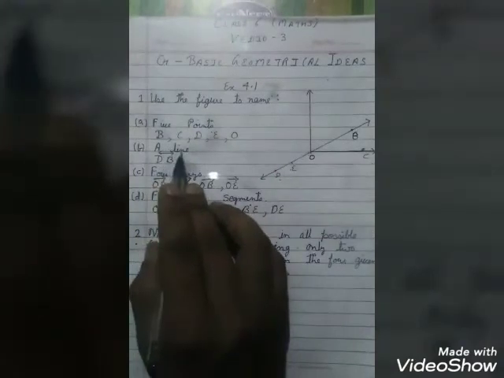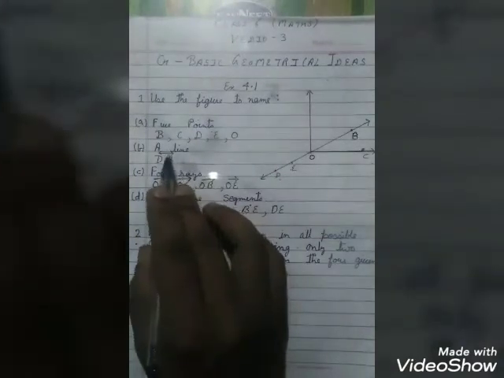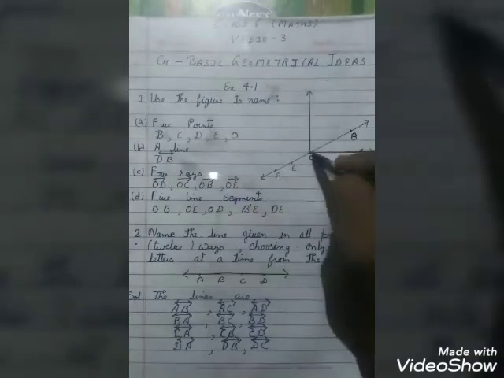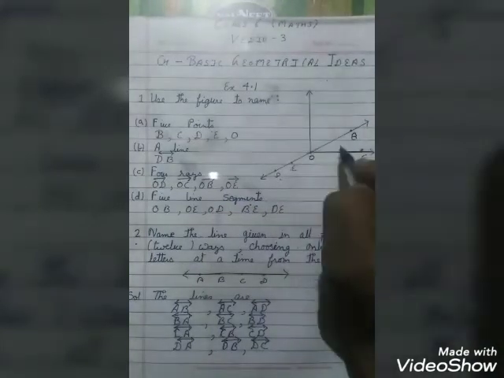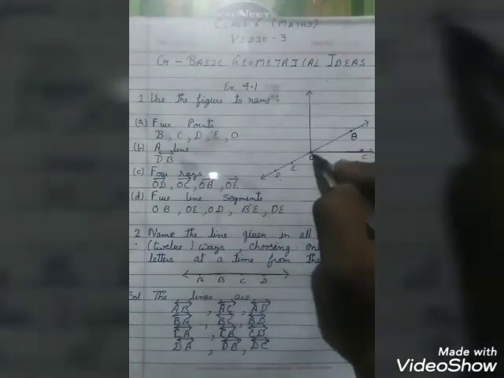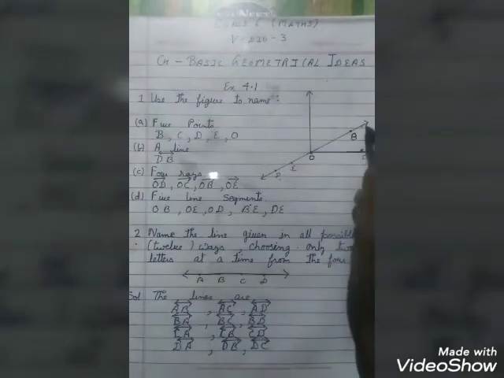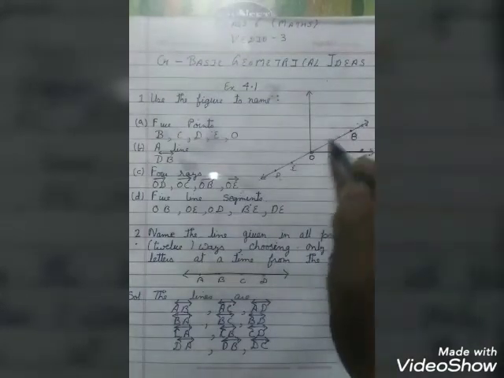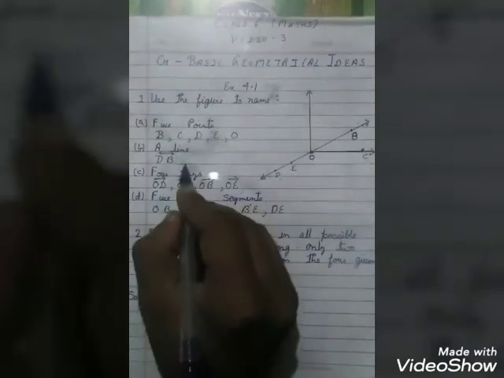A line. You remember the definition of a line? A line can be extended towards both sides. So see, if we consider this one, here it is extending, but at point O it is fixed. Similarly, if we consider OB, it is fixed at O, so it is not a line. Similarly, OC, it is fixed at O, but can be extended from C, so it is also not a line. But if we consider DB, here it can be extended in both directions. So DB is a line.